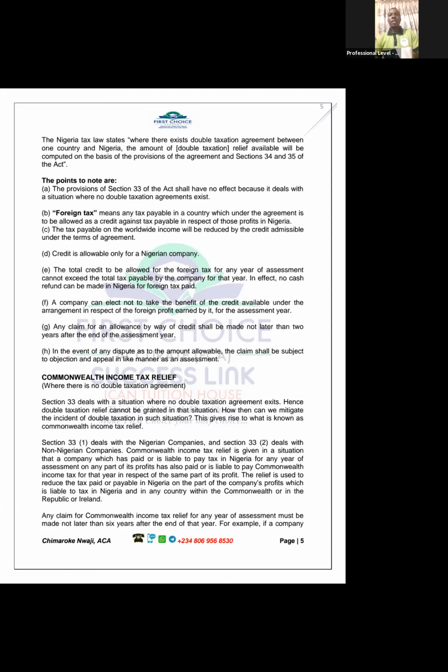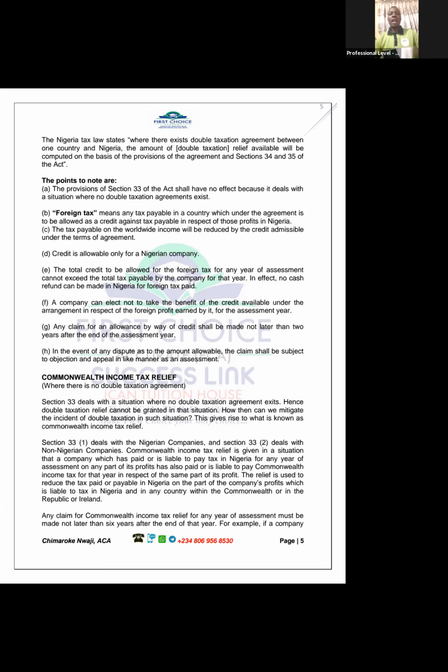We're going to say, let's compare the rate of tax you paid in Ghana with half of the Nigerian tax. So you see, they have gone half. Instead of comparing with the full Nigerian tax, they are using half of the Nigerian tax rate. And so they now look at 15% versus 20%. Previously, when there is a double taxation agreement, we are looking at 20% versus 30%. But now we are looking at 20% versus 15%.